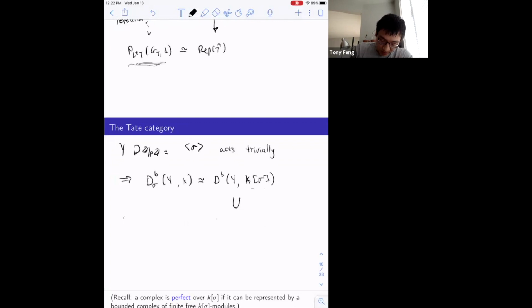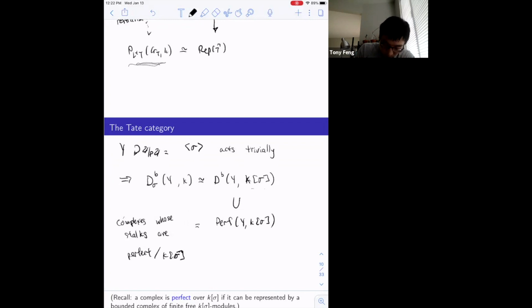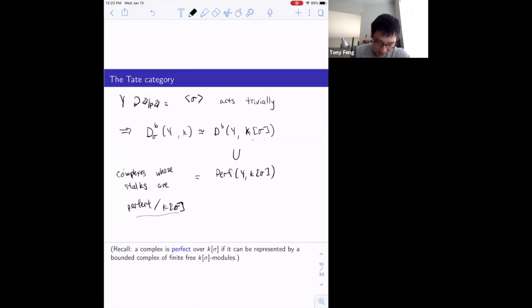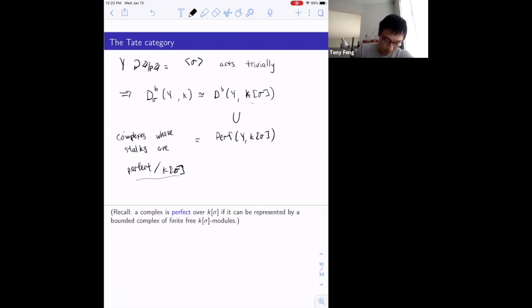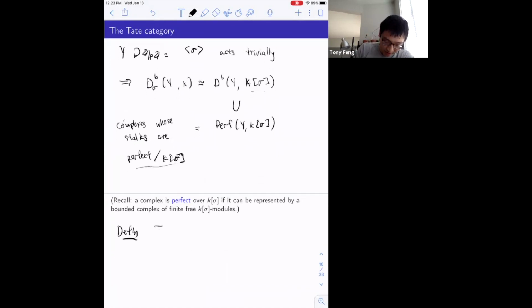And in particular, inside here, you have the subcategory of perfect complexes. So this means complexes whose stalks are all perfect complexes over K[sigma]. And to remind you, that means that it's represented by a bounded complex of finite free K[sigma] modules. Okay. So in this situation, I'm going to define the Tate category. Let's call it Tate(Y, K) to be the Verdier quotient of this equivariant derived category